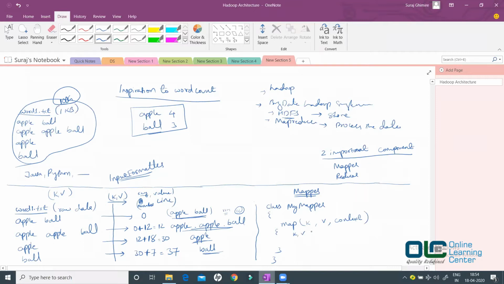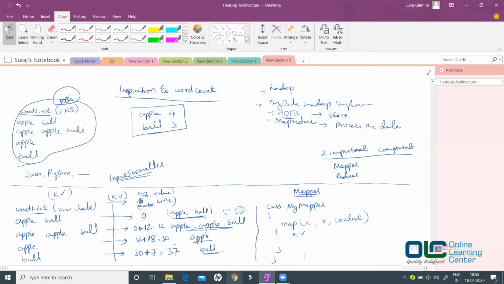Now I want you to answer what the objective of our program is. What exactly do we want to do? We want to count words, right? While counting the words, do you think the key, these numbers, have any significant role? Do you think you have anything to do with 0, 12, 30, and 37?